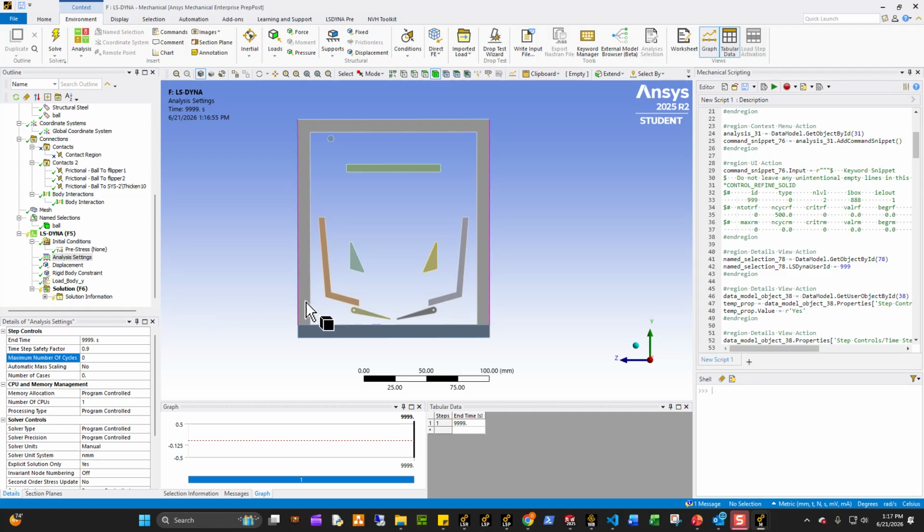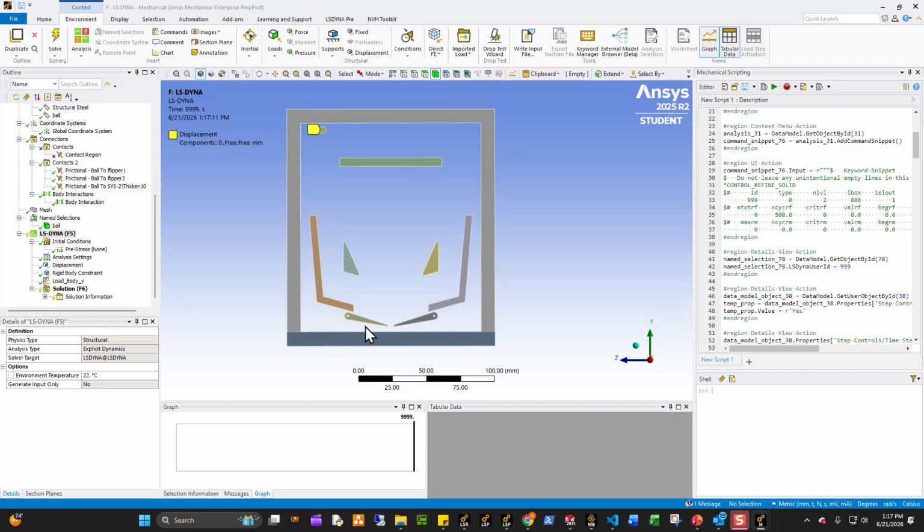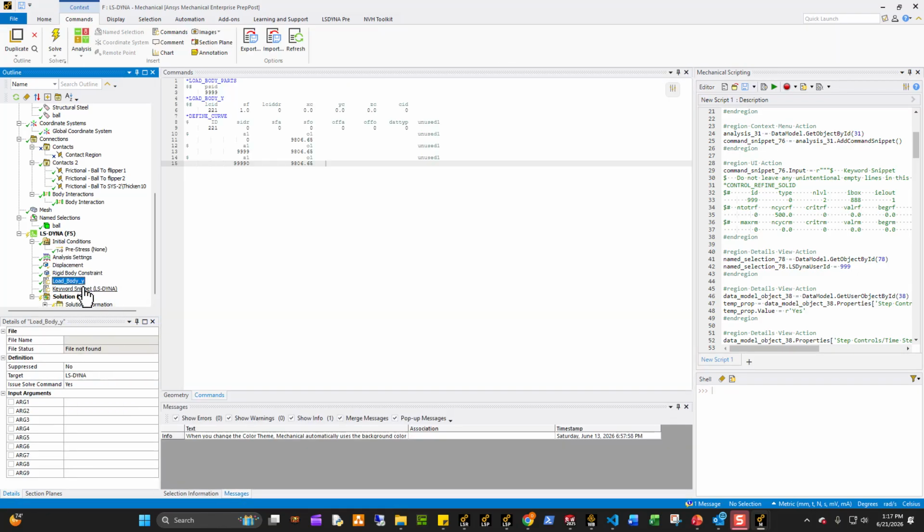All right, so the next thing I wanted to do, before I define my sensors, is tell the flipper to move in the way that I want it to move. So what we wanted to do next is to actually create a remote point movement for these bodies right here. A standard way to do this is to do a boundary prescribed motion,